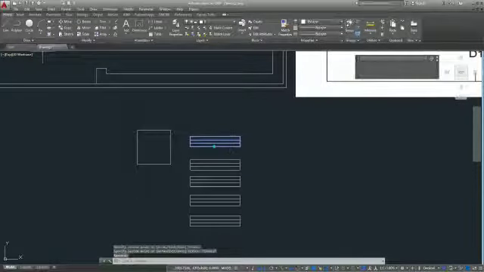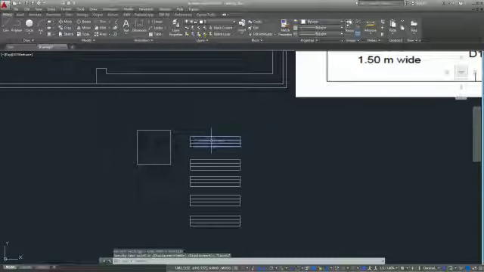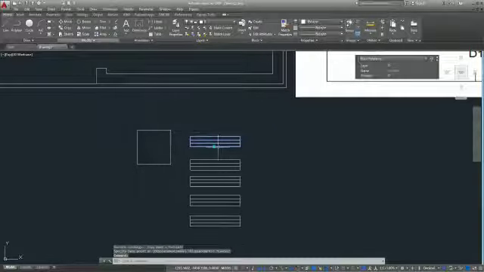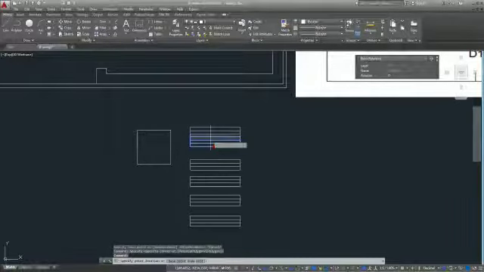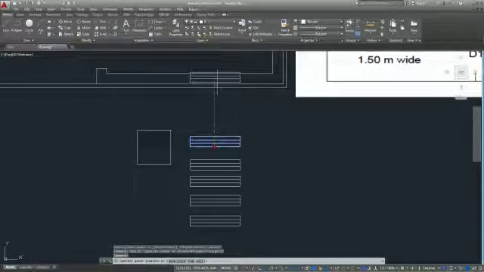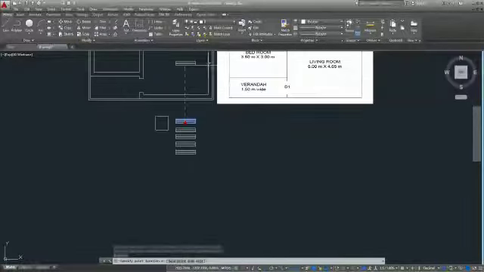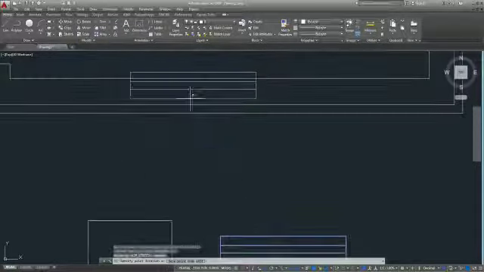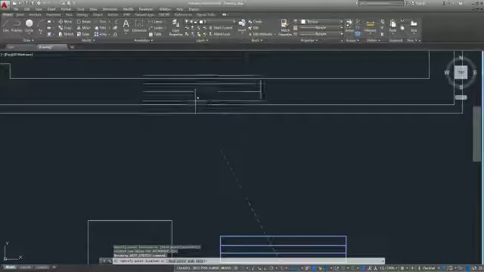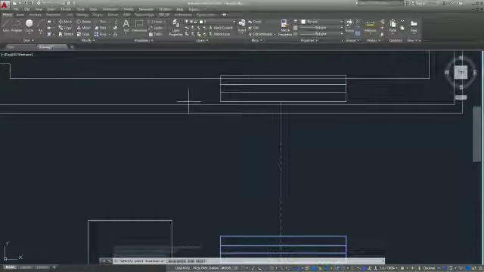So see now, click on this and you just move it. Take this. See, wherever you go, it will auto snap. Now I am keeping it near this.